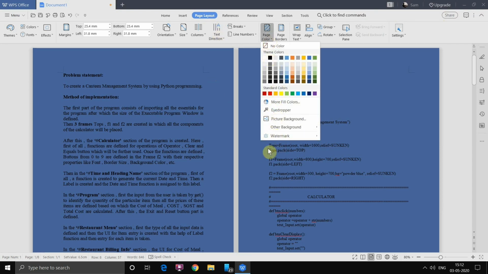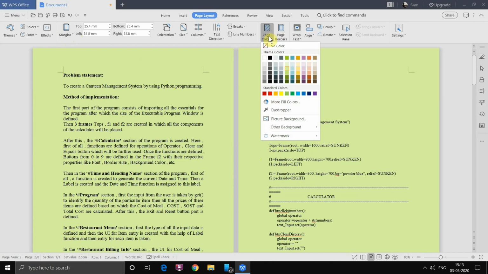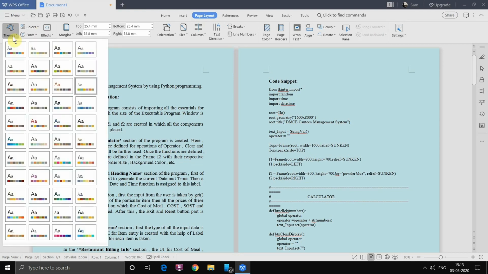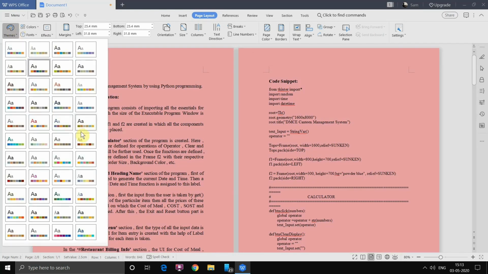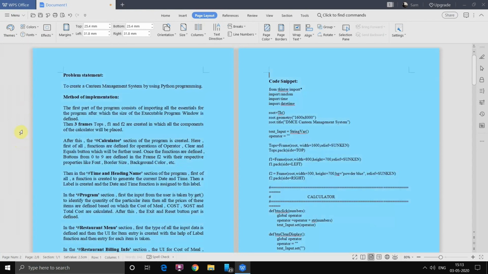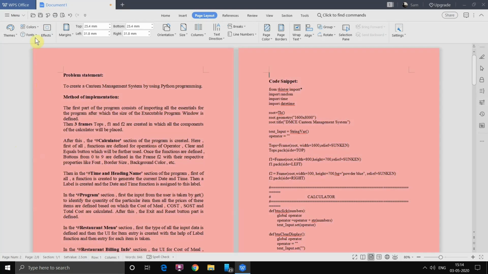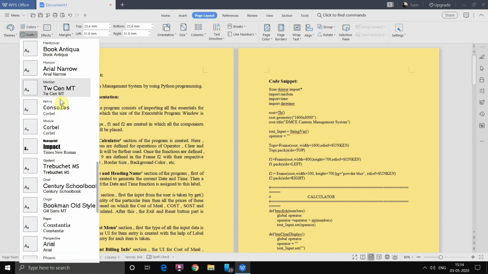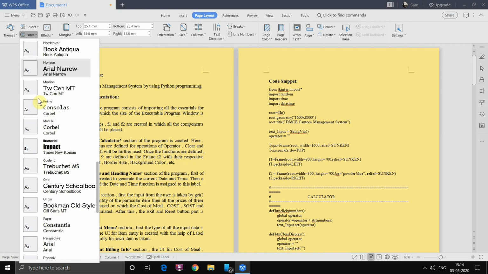Now once we have selected all these, we will go to themes, colors, fonts and effects. Now we'll just change the color to something light. Let's take this blue. Now we'll go to themes. First of all, themes, and see all these options here. You can just select any one of them and it will apply the particular theme. Get it? Now colors, you can select any of these colors and it will change the color of the page. See, this one, this one, this one, any of it. Now if you go to fonts, you can select any of these fonts which you want. For now I just want this one, but you can select any font and apply it to the particular document.